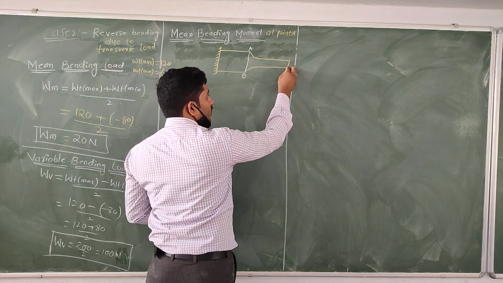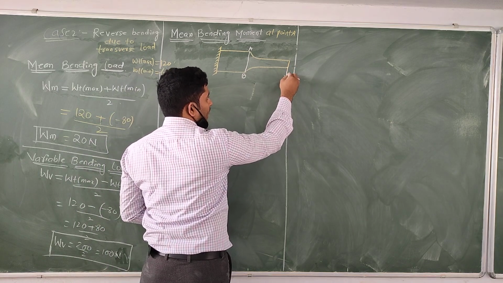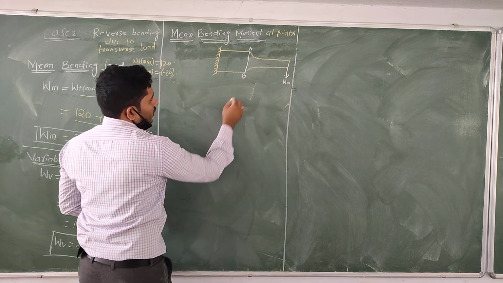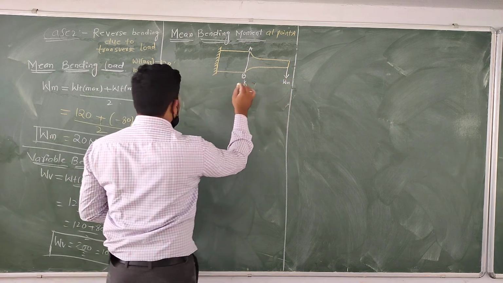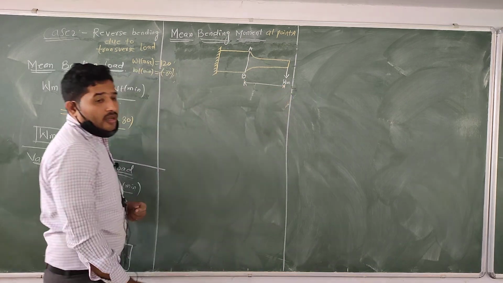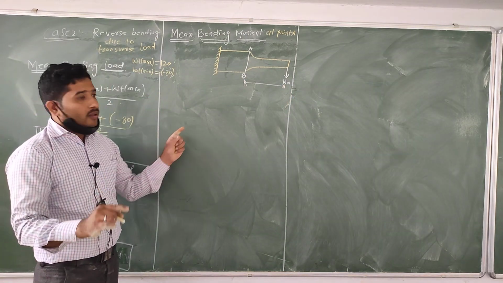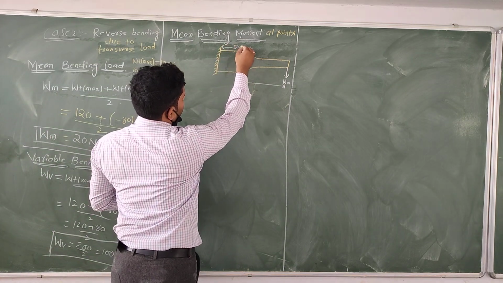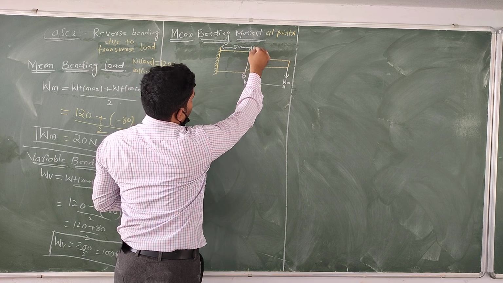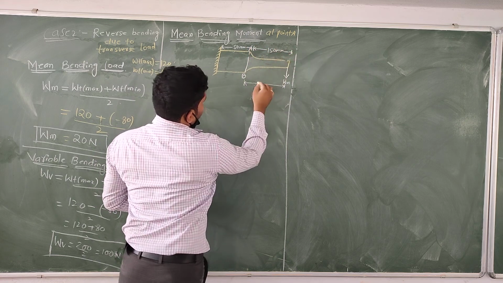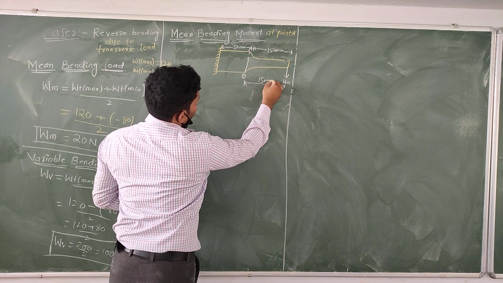So here which load is acting? The mean load is acting, Wm. From the length, how much are we covered here? From here to here is 150. The total length is 200 and from here to here is 50. From here to here how much should be there? 150 mm. Then we need to consider it as 150 mm.